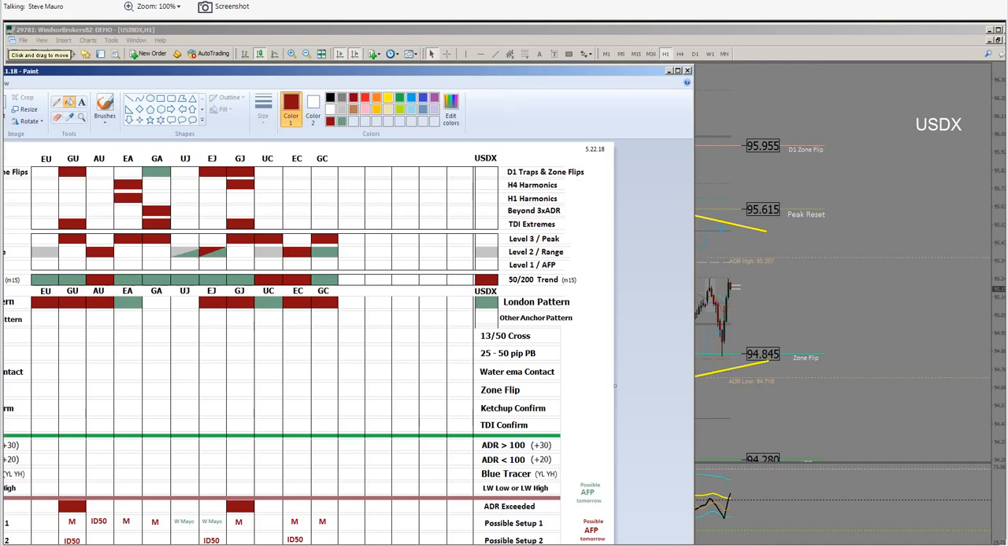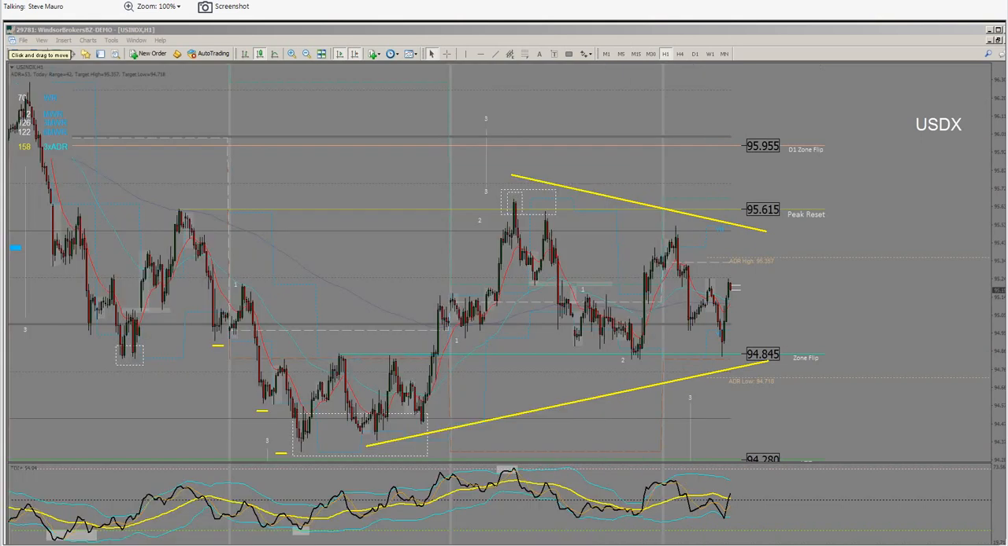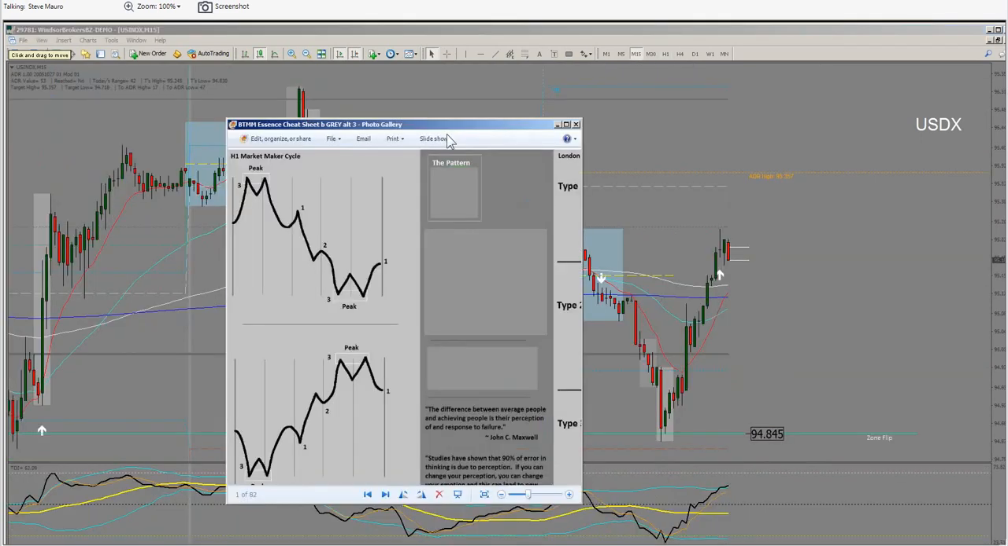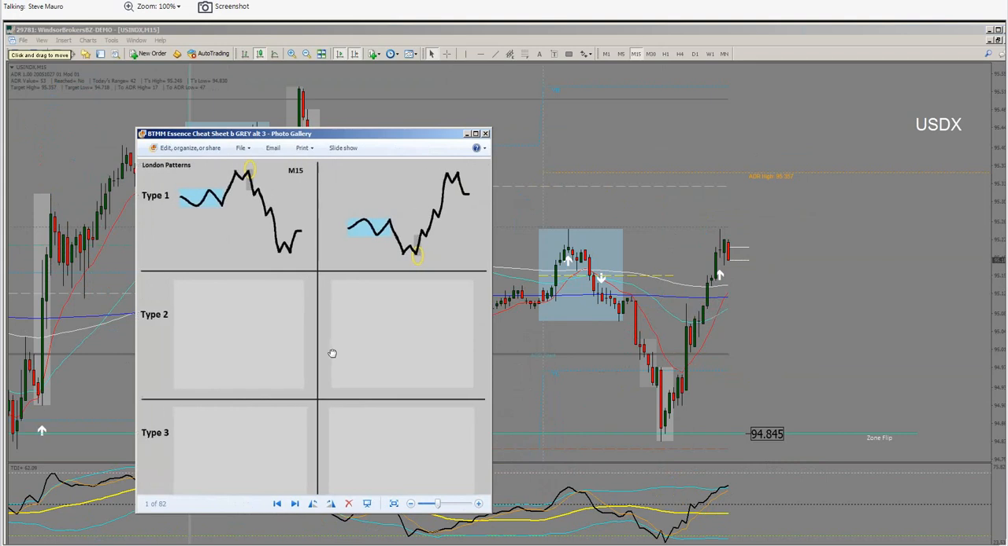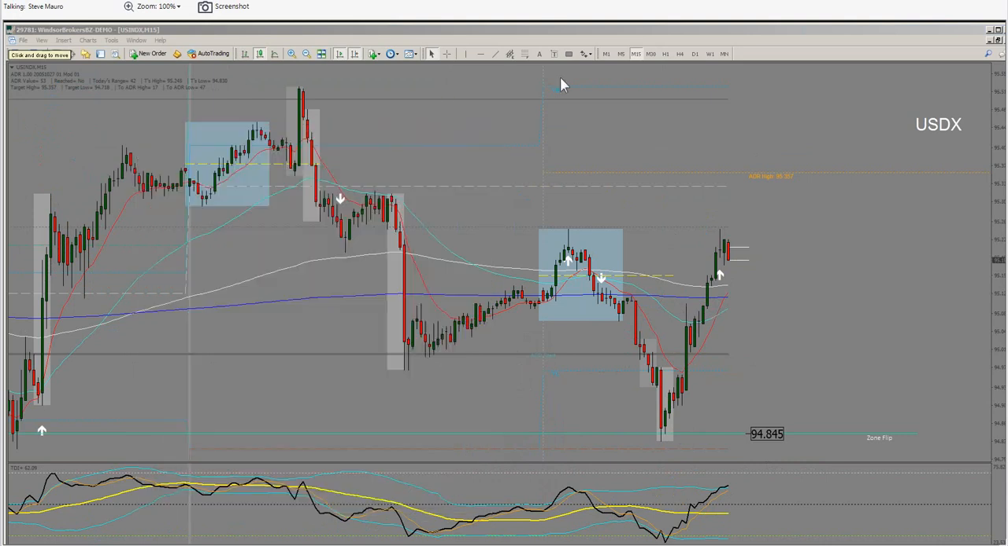Then the next thing I want to do is go down to the 15-minute and see if I can find one of these London patterns. Right? I want to see something that looks like this. All right. And of course, lo and behold, we do see something that looks like that. And then what you want to do is count 3 away from it, which if you can see here, we've got